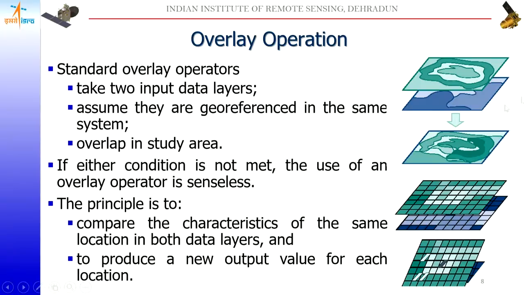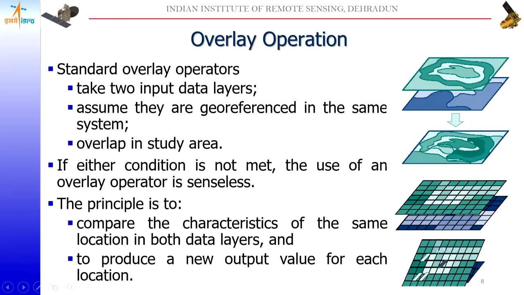If you look at this top infographic, we have a layer 1 polygon, and a layer 2. We can consider this as a soil layer and the second as a land use layer. Then we get a new layer as an output wherein we have the information of both the land use as well as the soil. In this case we are doing a kind of intersection, or we can also do a union, wherein the output will contain not only the attributes coming from both the layers, but also the intersection of the boundaries, where new polygons will be created, which will also inherit the attributes from the input layers.